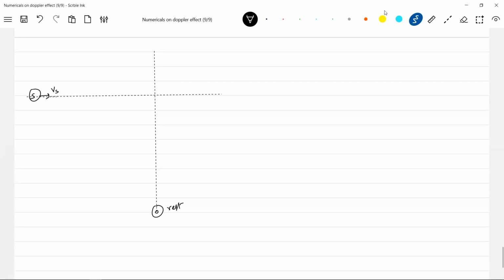The source will generate a wave, and when the source is at the origin, the wave will be detected. We have to find the apparent frequency of the wave. This is at t equal to 0. It will generate a wave. Let me only explain it rather than giving it as a question. So at t equals 0, it will generate a wave. The wave will propagate, and when it is received,